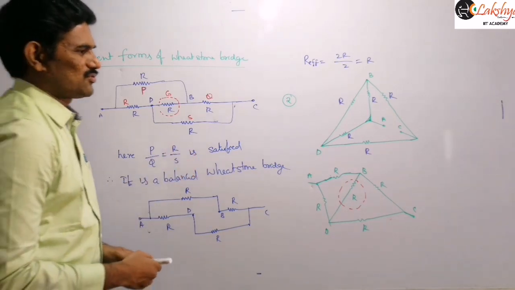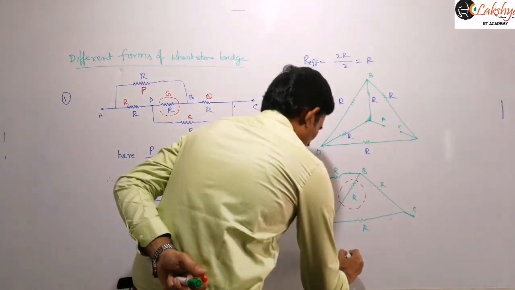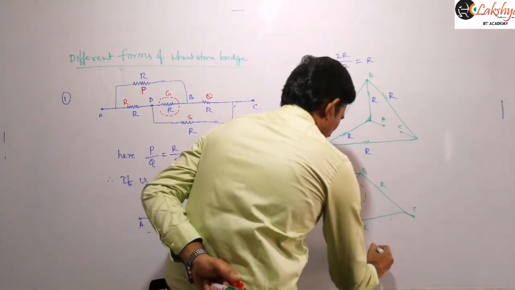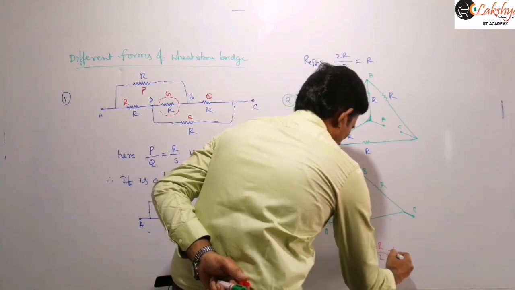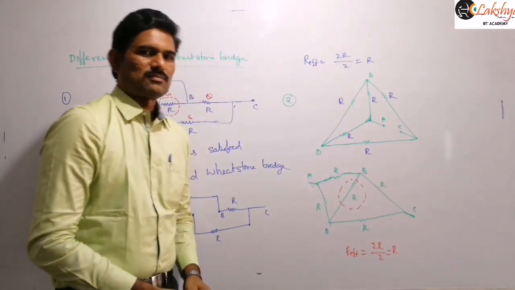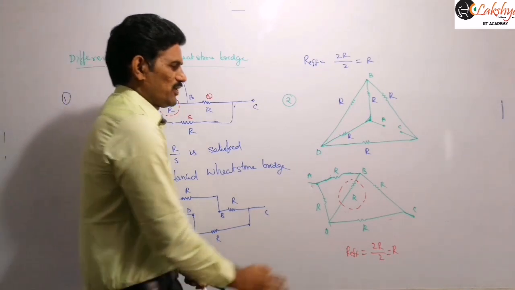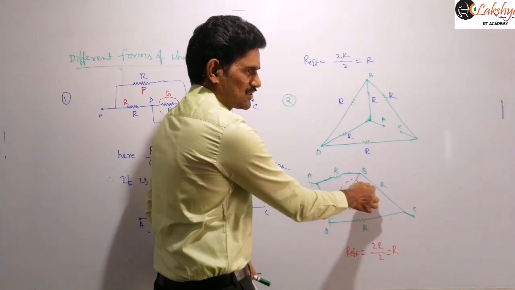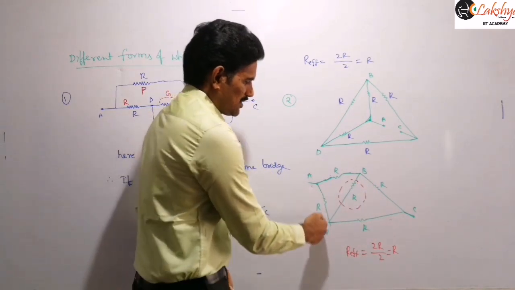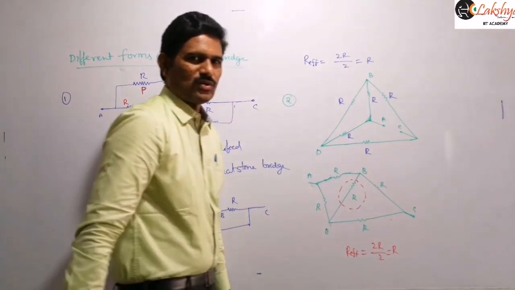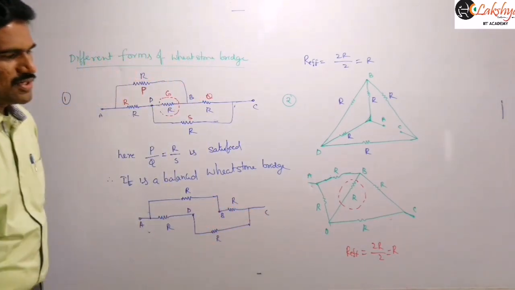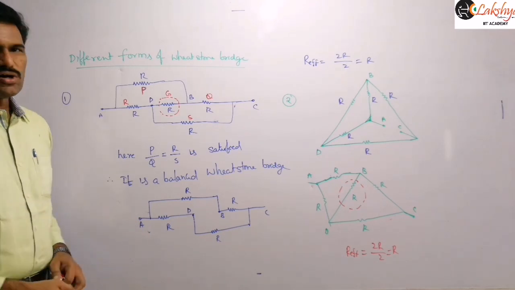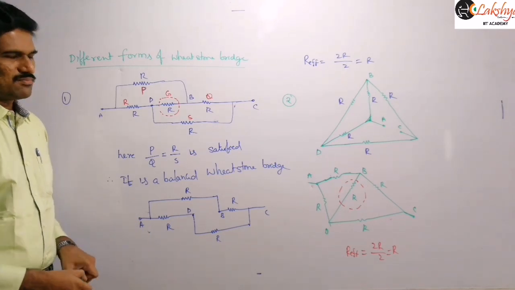And so that effective resistance I can write as, therefore this R effective is equal to, again 2R by 2 you will get, which is equal to R. Got it? Because when you remove this resistance, this will be R and this will be R. These two will be in series, so 2R you will get. And similarly these two will be in series, you will get 2R. And then both the 2R and 2R are in parallel. So you will get 2R by 2, which is R. So that is another form of that Wheatstone bridge, right?